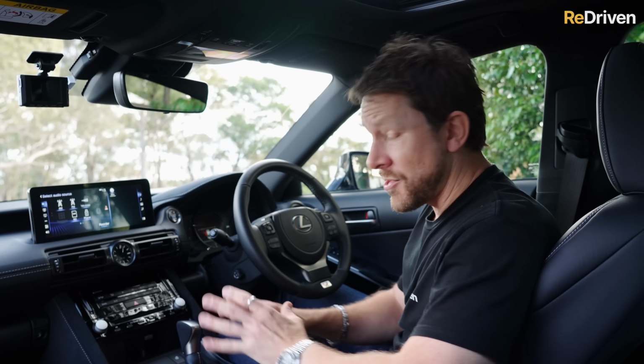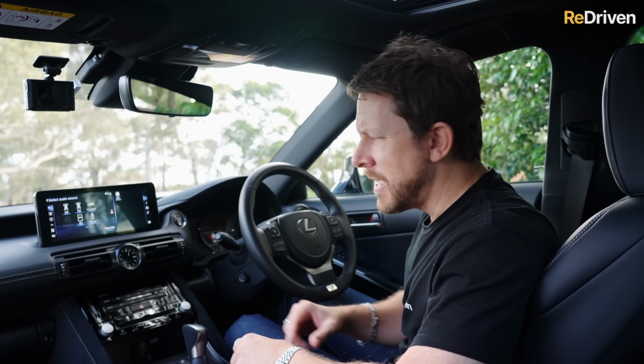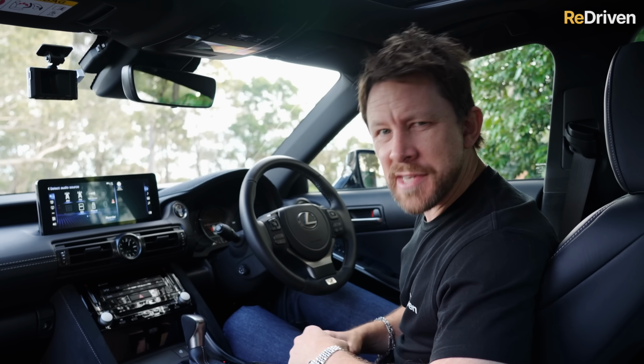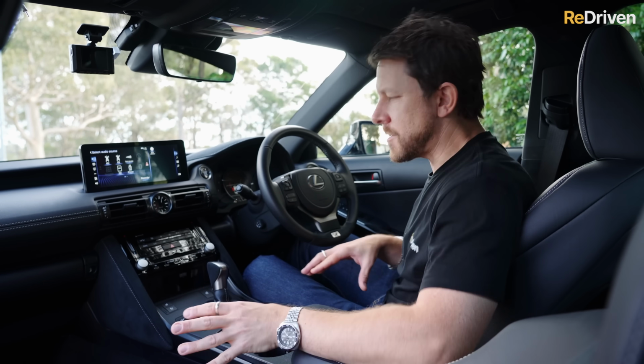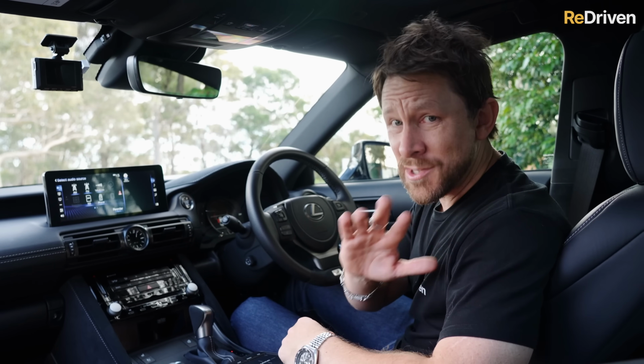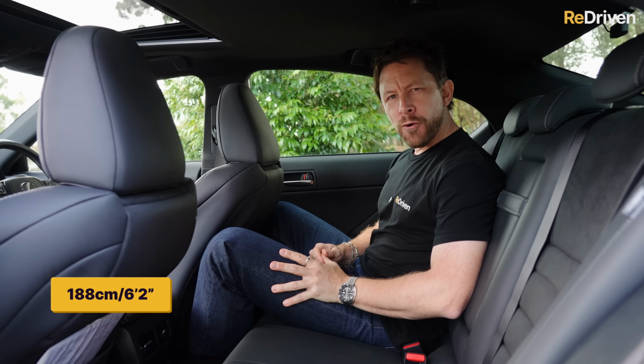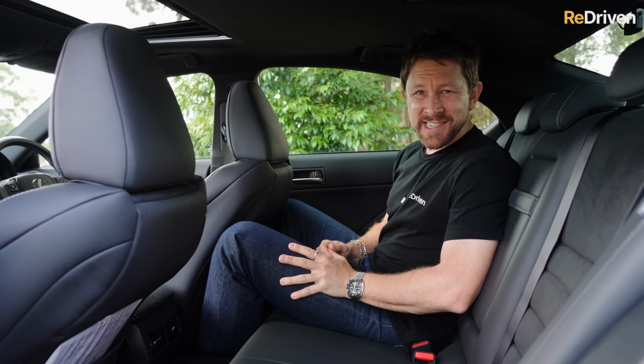That way you're going to get this phenomenal, and I mean phenomenal, Mark Levinson sound system. You're going to get some extra bits of leather and Alcantara and ventilated front seats. And look, it might cost you maybe an extra $1,000 on the used market, but trust me, it's worth every cent. Now in the back seat, I'm exactly 12 centimeters shorter than former Australian Rugby Union captain and Lexus ambassador